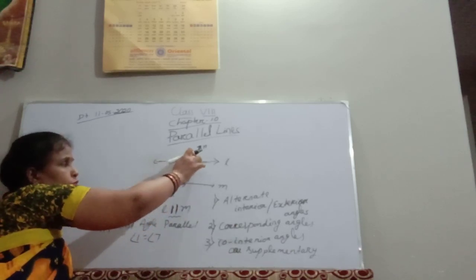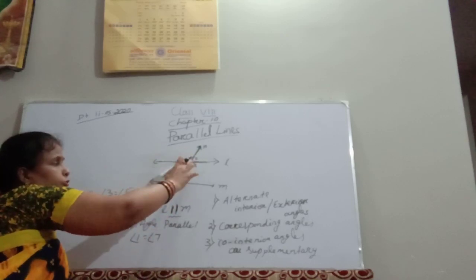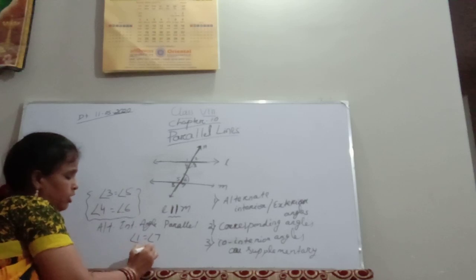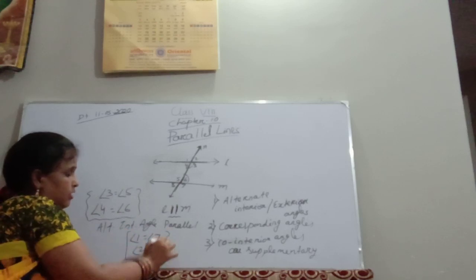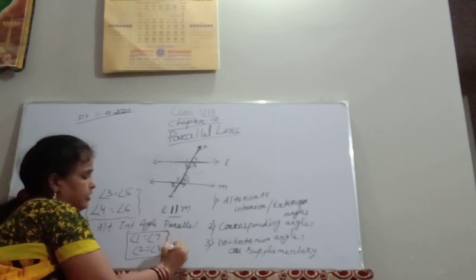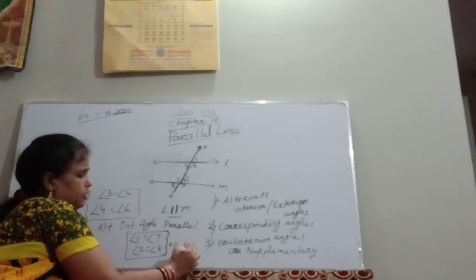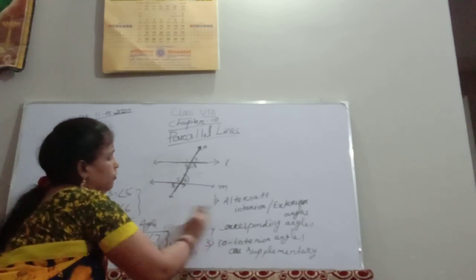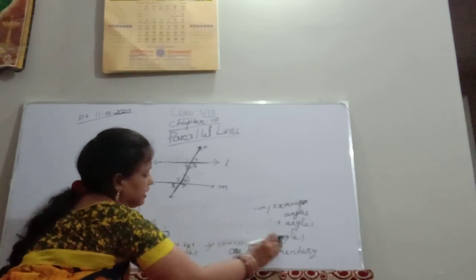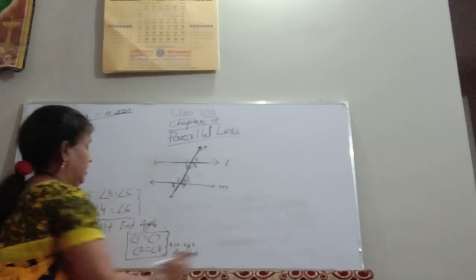As you know, 4 and 2 are vertically opposite, and 6 and 8 are vertically opposite. So therefore 2 and 8 also, these two angles must be equal. These two angles are known as alternate exterior angles. These two conditions are satisfied, you understand. Next you can see which are the corresponding angles and which are the co-interior angles.